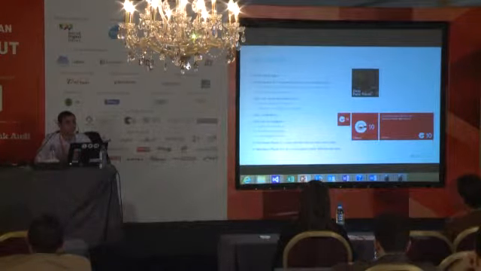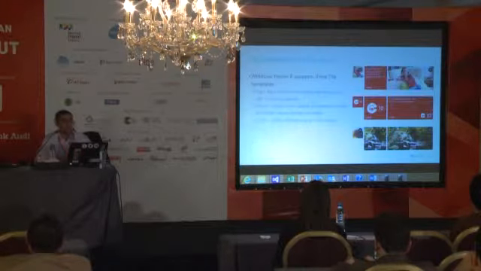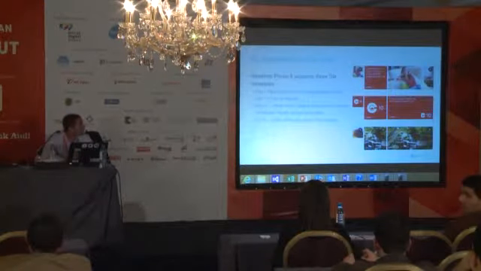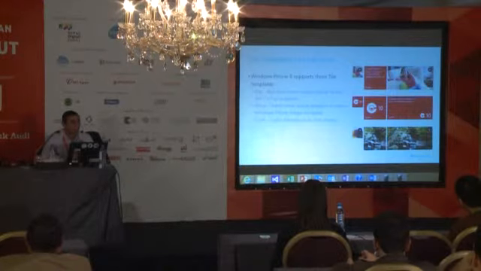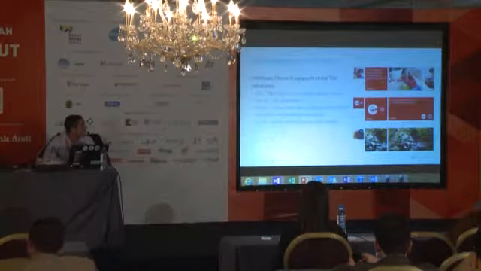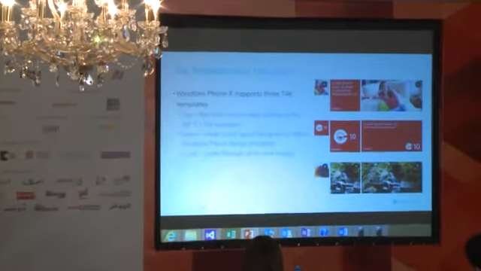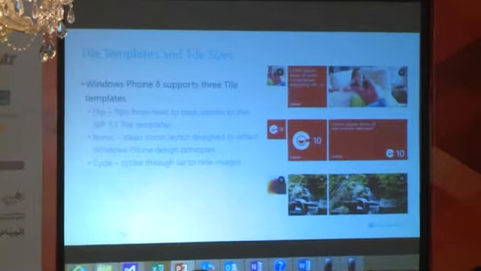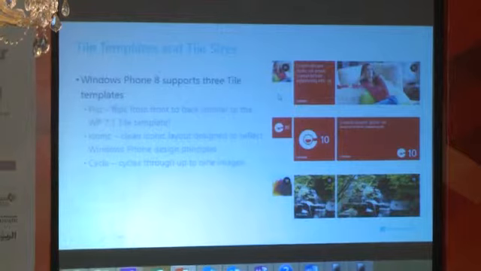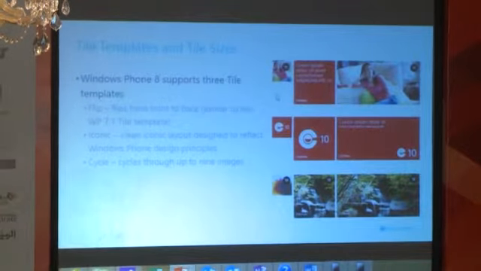the updates. We've got 3 tile templates and sizes. As you can see here, the first one is called the flip tile, and this one is called iconic, and cycle tile or cyclic. The flip tile is the same as the Windows Phone 7.1 tile template. It just flips over, like we've seen Ghassan keep flipping over in the tile in the demo that I've just showed